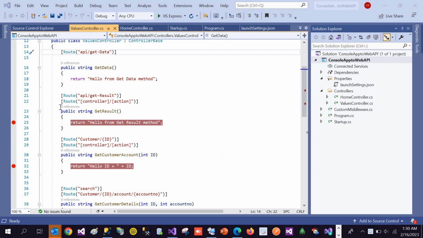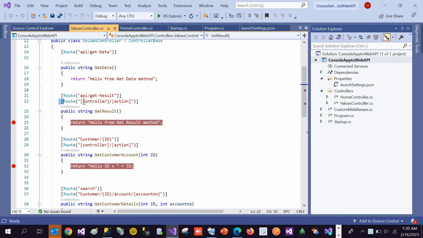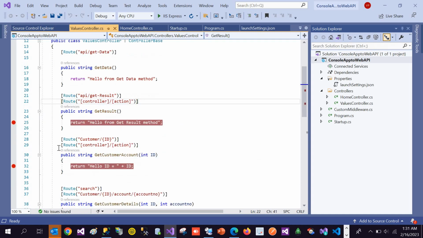Let's say that we want to implement a similar kind of concept to all the action methods. So what we can do is simply apply this concept to all the methods available in this controller. This is the first way. And the second approach, I will say, is that I can cut